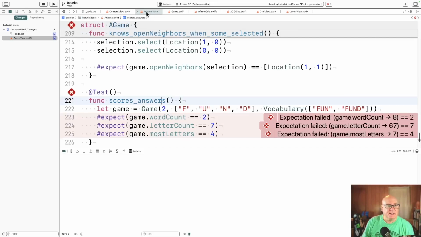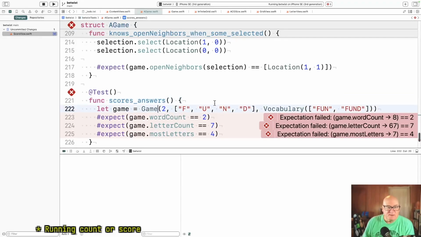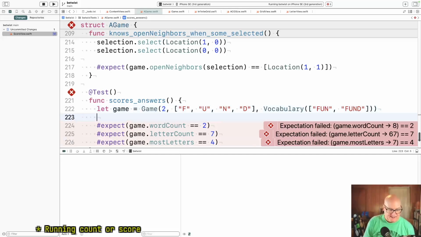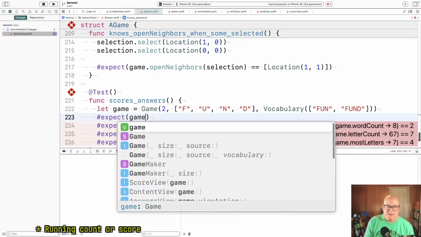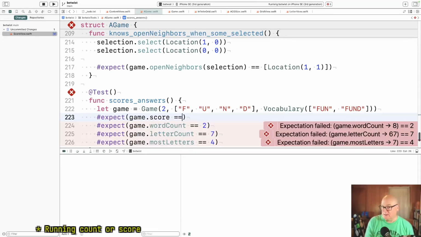Let's find that test. As I thought about it last night, or this morning, I realized Mudshark666 said something about, should this maybe be an object that does this? And as I think about it now, yeah, he's right. Let's make our test reflect that first. So we're going to expect game.score to be equal to,